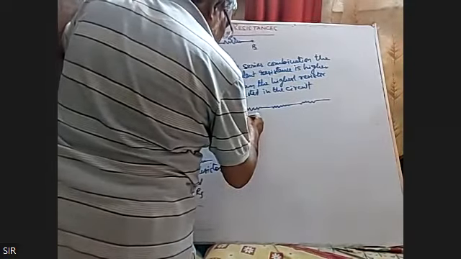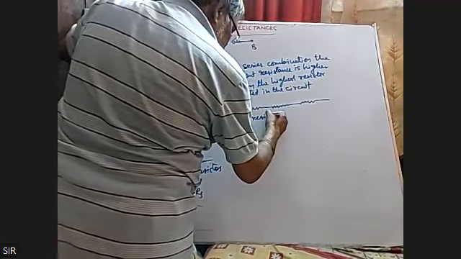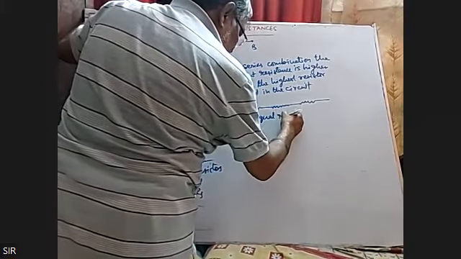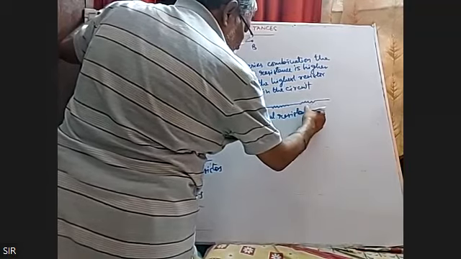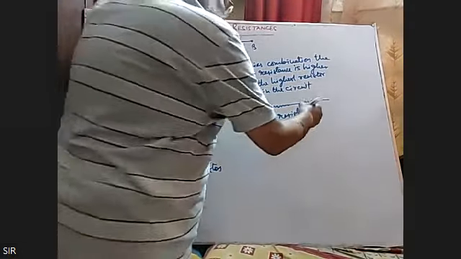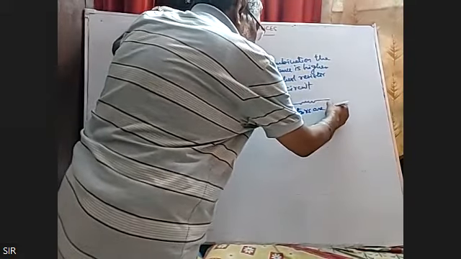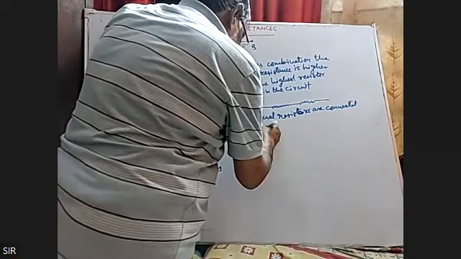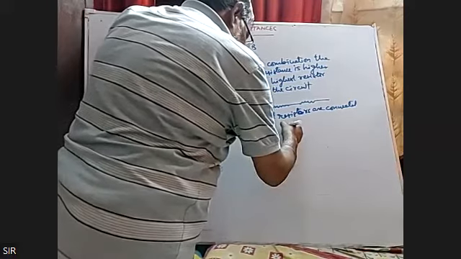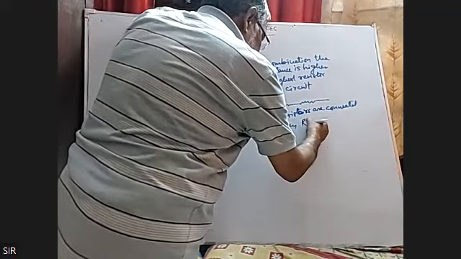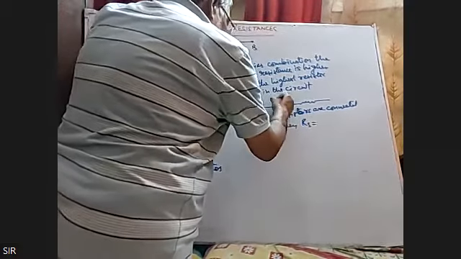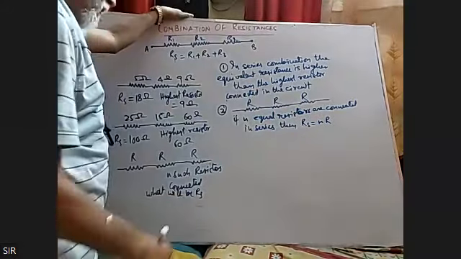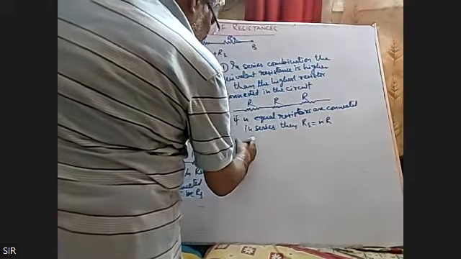If N equal resistors are connected in series, then RS is equal to, suppose all these are R, N times R. Clear? And third, we have seen in series combination,